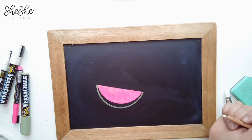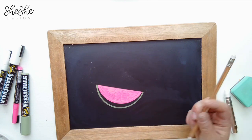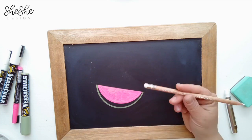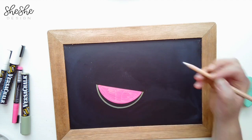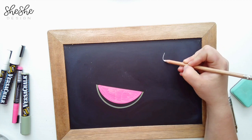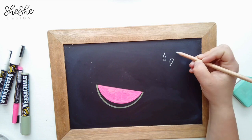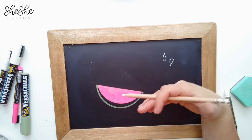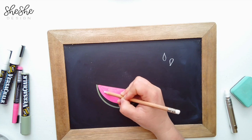All right, so step number 5 with the watermelon is to create the seeds. Now that we've got this dry, if you're using chalk, you wouldn't have to wait for it to dry. You could just do this technique right away. But now that it's dry, I'm going to come in, and the seed is like a raindrop shape like this, okay? And you can do it in different directions throughout here. I just do a few, less is better in this, like 3 or 4, maybe 5. So I just start over here and start sketching it, and you can see what happens is